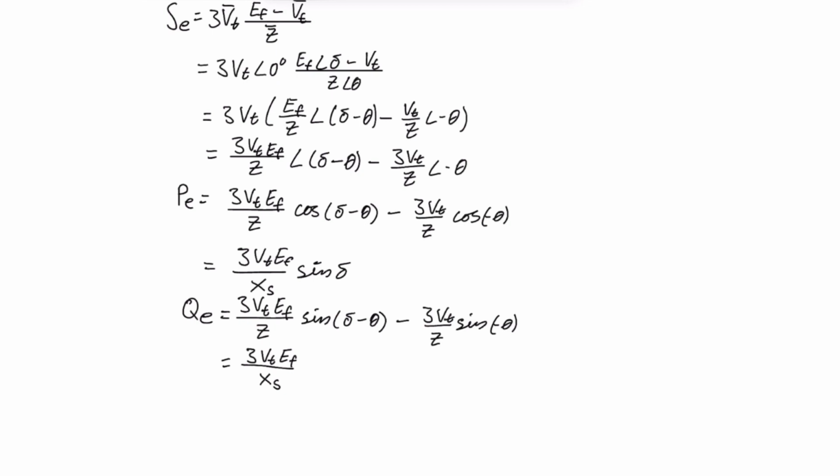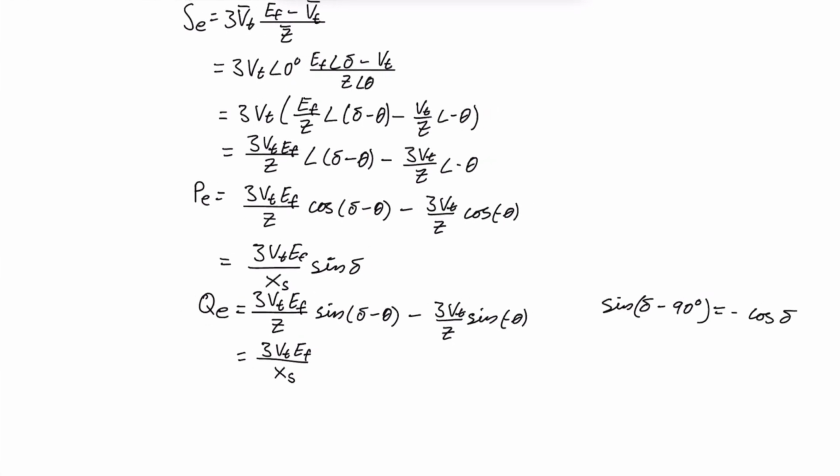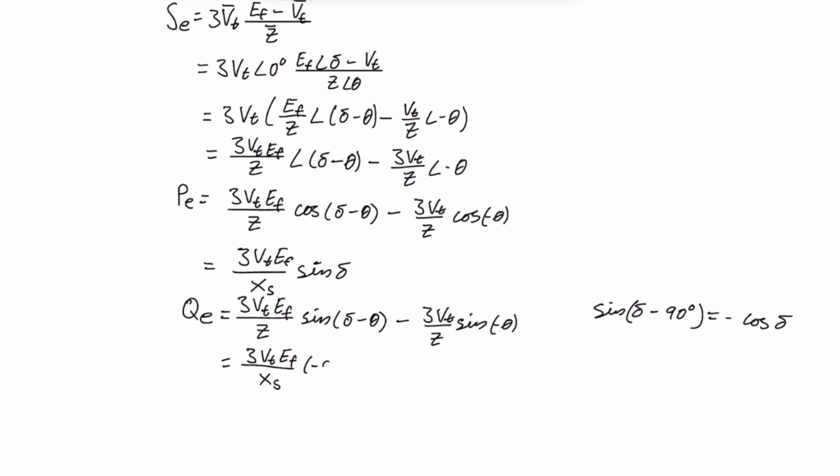And now we have sine of delta minus 90 degrees, right? So this should be equal to minus cos delta. So we can write that in. So we get a minus cos delta here. And then it's the same here. So minus times minus equals plus. So we get 3 times the terminal voltage over X_S multiplied by cos 0, which is 1. So that is just 1. And we can also move this minus sign in front